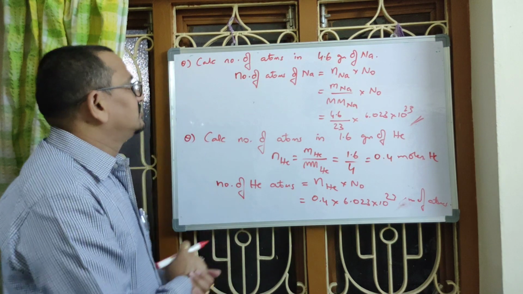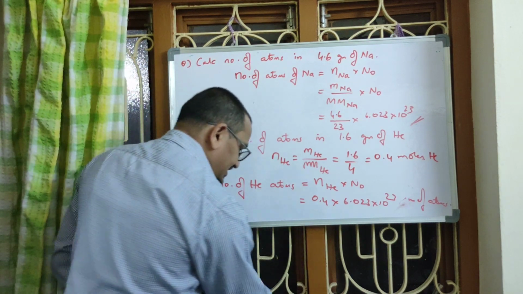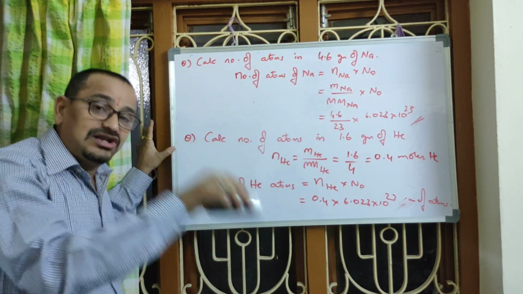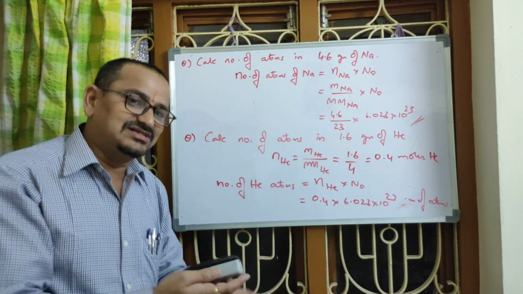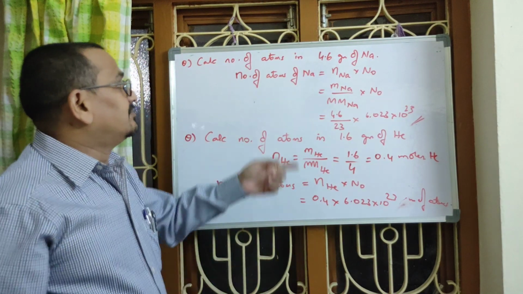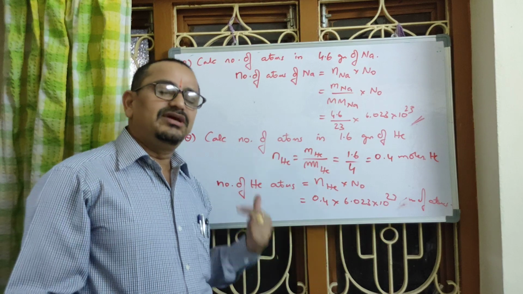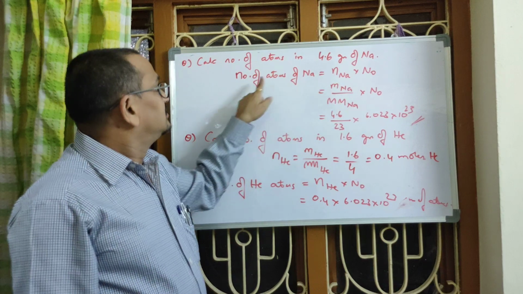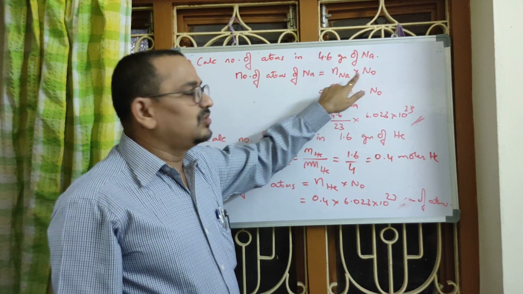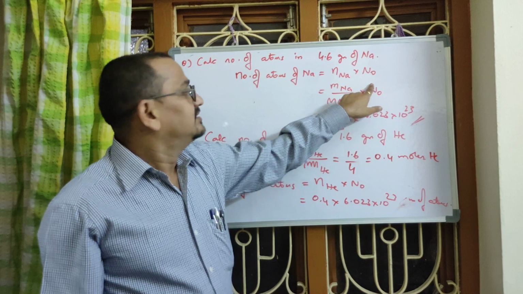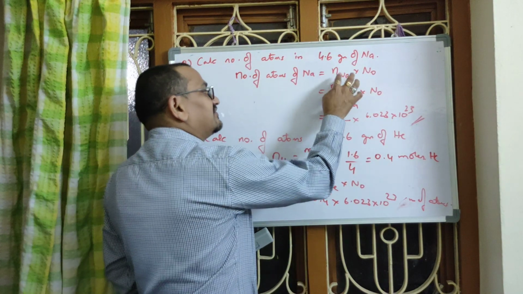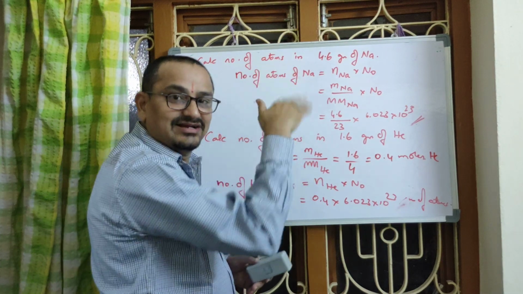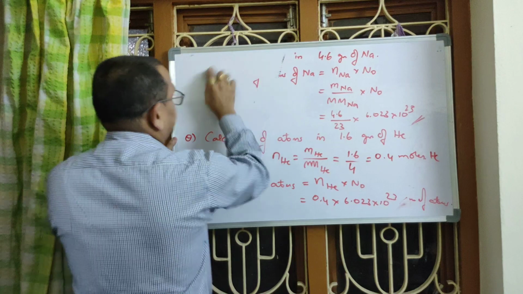Right? Now, in the same way, let us see the calculation of number of molecules when number of moles of molecules are given. I am repeating. When number of moles of atoms are given, how did we calculate number of atoms? Number of atoms are calculated as number of moles into Avogadro number. Likewise, sometimes they give number of moles of molecule and ask us to find number of molecules. That's our next concept.